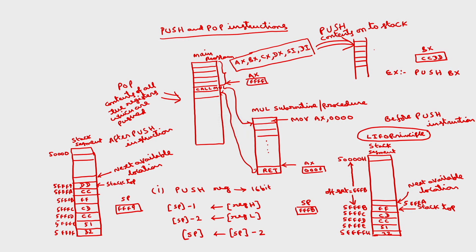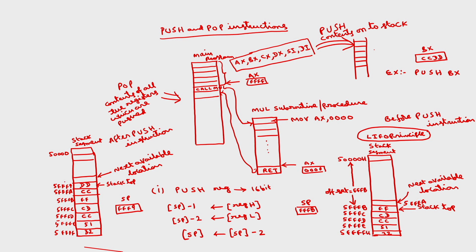Okay. So, before this pop instruction, let us assume that these are the contents. This DD has to be taken onto the, this is the original, what is there in our BX before execution of the push instruction is CCDD. After the pop, again the BX must contain CCDD. So for that, this DD, that is the stack top contents, has to be transferred onto the lower order register. Then what about this CC? What is the address of this with respect to the stack pointer? The stack pointer is here, FFF9.